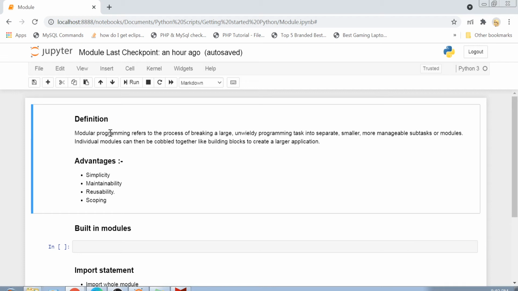So guys, first of all, we have to understand what is modular programming. As the definition is written here, modular programming is basically the process of breaking down a huge code into smaller tasks or smaller modules. Let's take an example. For example, you have to create a huge banking application, right? So if you are a developer and you are given a task of creating an entire banking application, will it be difficult for you? Definitely. It will be a huge task and it will be really difficult for you to take care of each and every aspect of a banking application in your programming code.